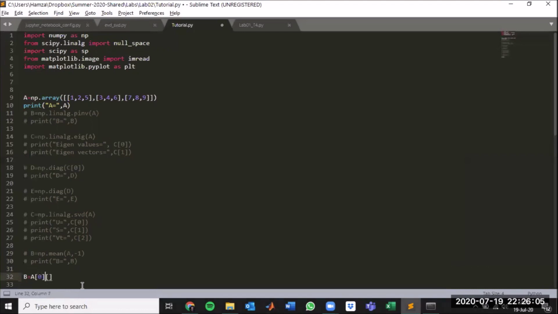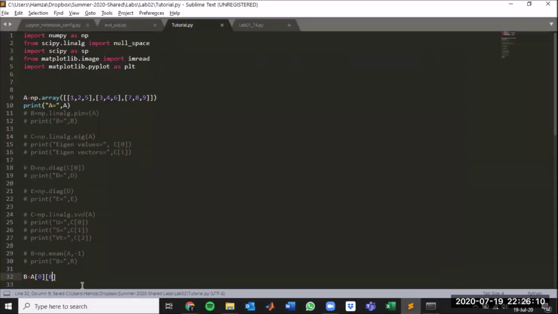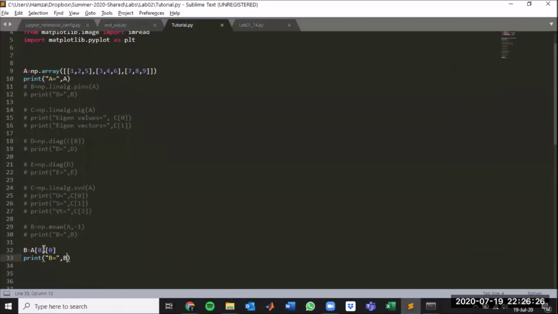If I were to index, let's say, 0, 0, we just got this element, right? Now I want to extract a 2 by 2 matrix, right? So what I want to do is,